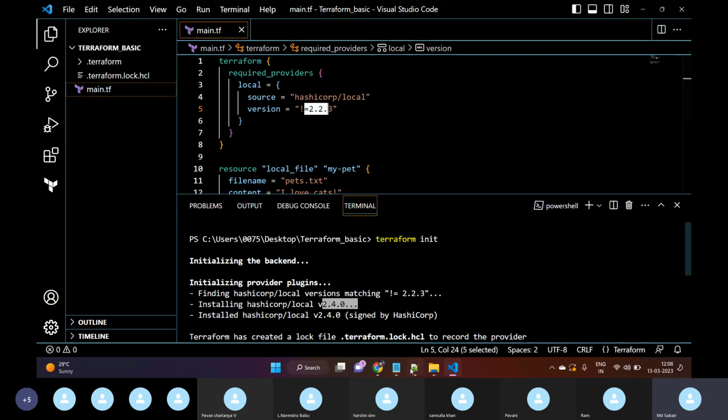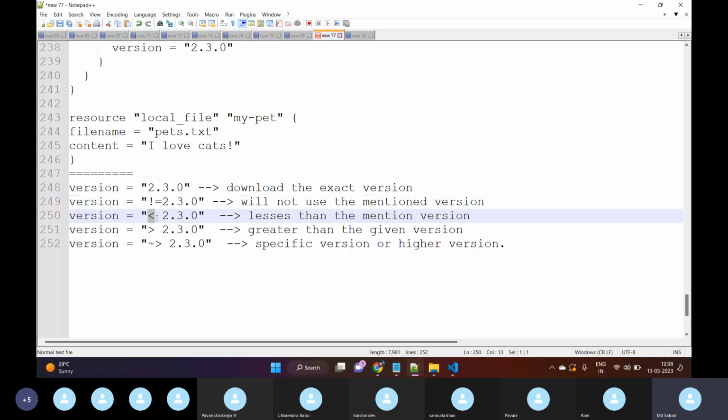So similarly, we have less than, 2.3.0, less than 2.3.0 means version below 2.3.0. It can download any version which is less than 2.3.0. Okay, similarly greater than 2.3.0 means any version which is greater than 2.3.0, means 2.4.0 can be possible or 2.3.1